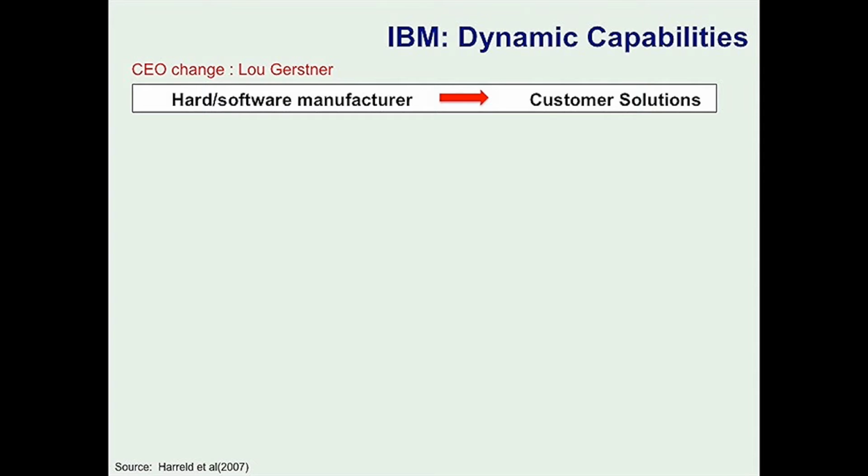Now, as well as stabilising the company in the mid-1990s, Gerstner set IBM on a path to transform itself, moving from a traditional hardware manufacturer to a company that provides technology solutions. So integrating systems from various suppliers to solve problems rather than using its